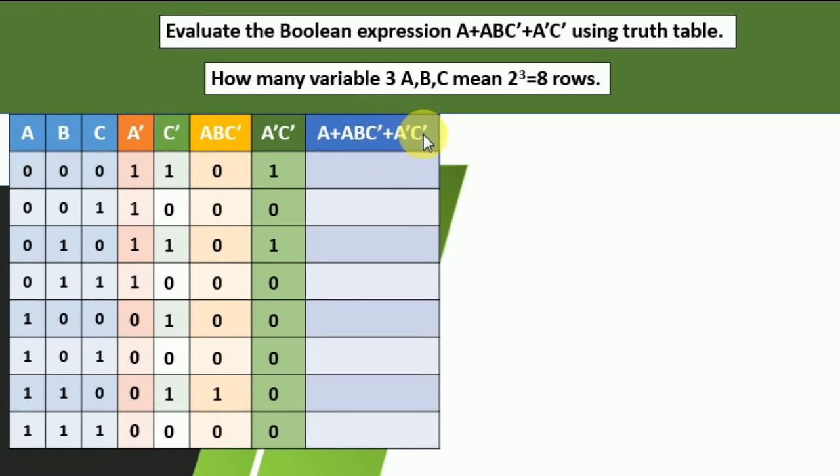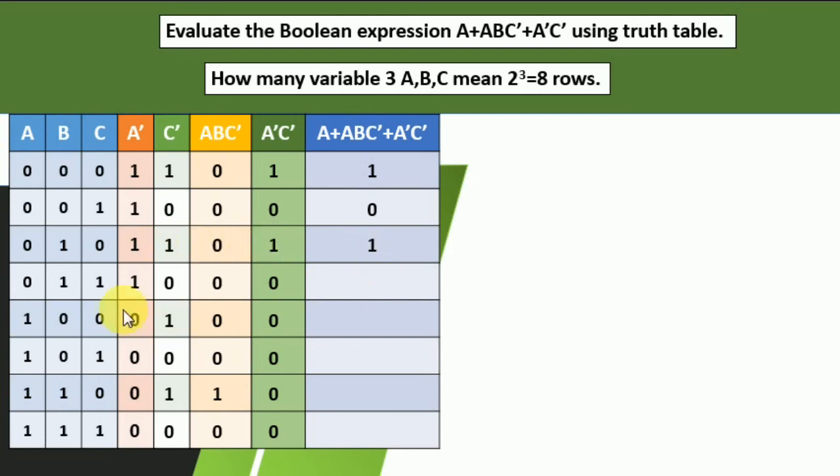That means the values of A complement C complement plus A B C complement and this A are going to be compared with the operator, that is OR. So these are the three values 0 0 1. In case of OR, if there is one true condition, obviously the answer is going to be true, that is 1. What is the next one? 0 0 0 false. What is the next? 0 0 1. Yes, true.